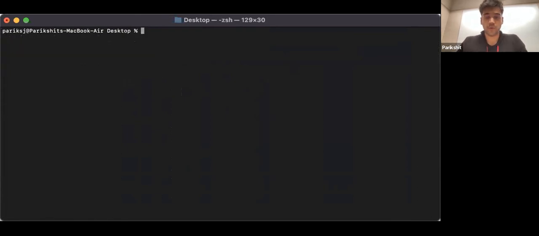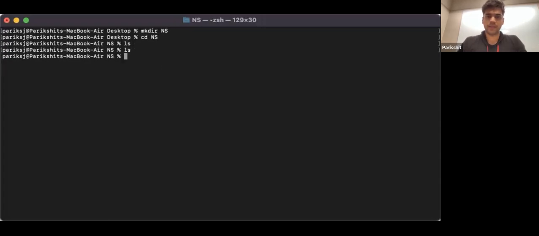Okay, what I'm going to do is I'm going to have a folder, right? Which will be my repository, right? So how do I make a folder? I say mkdir and I'll say ns for Newton School, right? So I go inside ns, right? And अभी के लिए ls, which means whatever is present in Newton School, अभी के लिए वो कुछ भी नहीं,